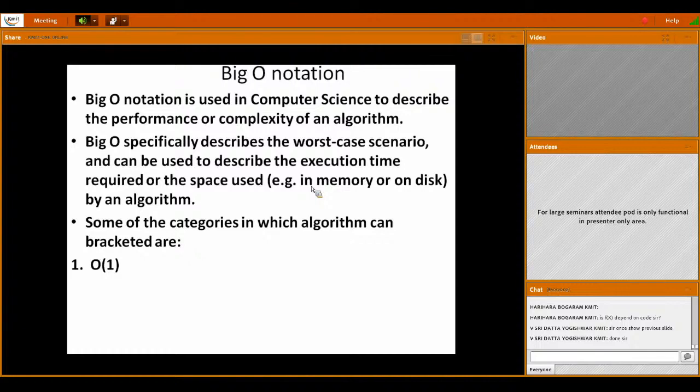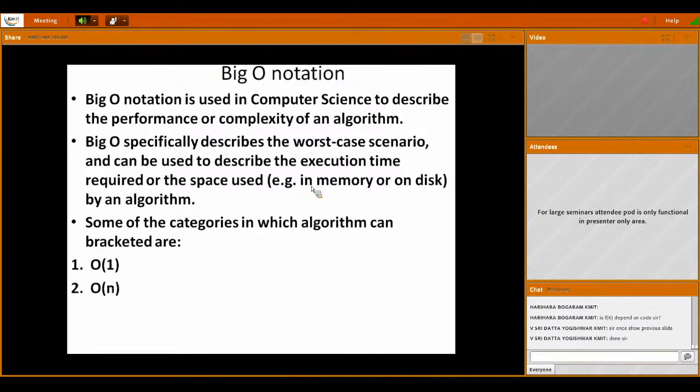Now compare this with selection sort. I put it in a loop. I need to run the loop n number of times and search for it. What is the worst case? Unfortunately, the number which you are searching happens to be the last number in the array or linked list or whatever. Then the loop has to run n times. So in this case, it becomes O(n). But with the hash function, I give an index and, tuck, I found the key and the value there, right? That is one category.